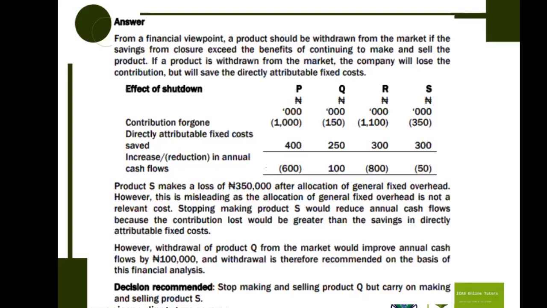You can stop making some products and carry on selling others. Now this viewpoint is based on a financial perspective, because it's possible that we can have a qualitative perspective. The qualitative perspective says, apart from the financial aspect, what if we remove this product and it affects other products as well? For example,